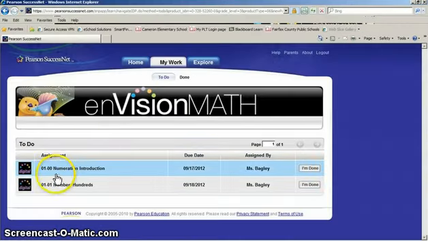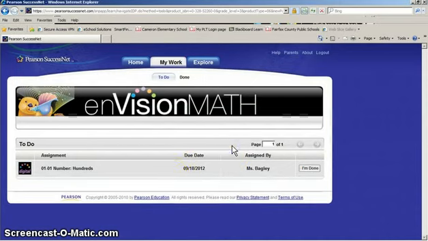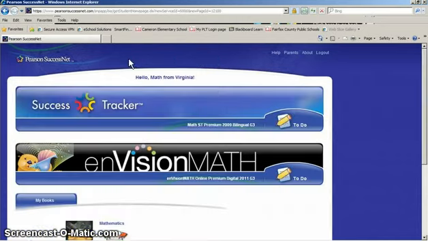And so after you've actually completed the first assignment or what assignments that are given, you click I'm done, and it will ask you, are you sure you want to turn this in? Because once you click OK, you cannot go back and take it back. We click OK, and you notice the first assignment has disappeared. If I click done, I see that the assignment has been completed, and I'm just waiting for it to be graded by the teacher. Go back to home,